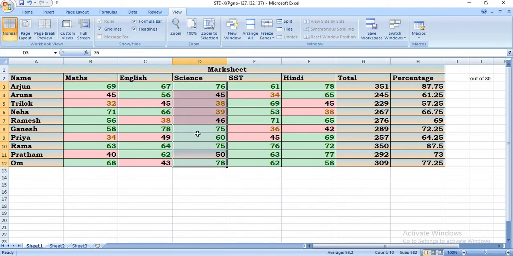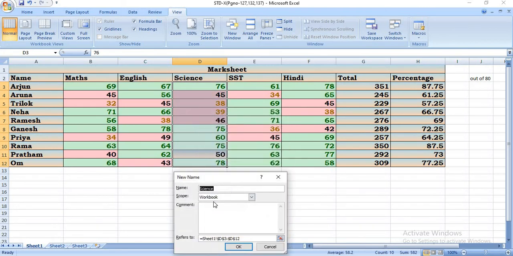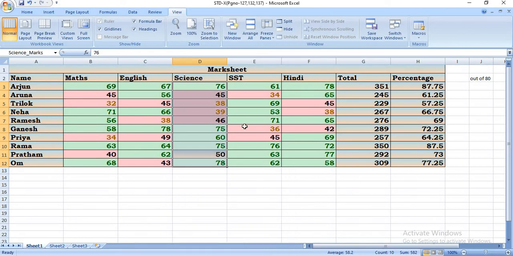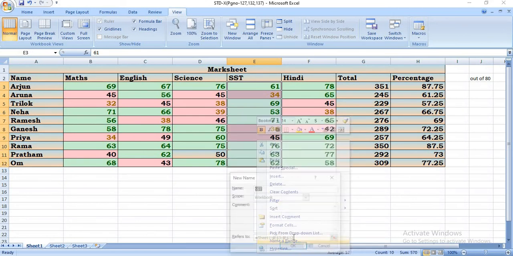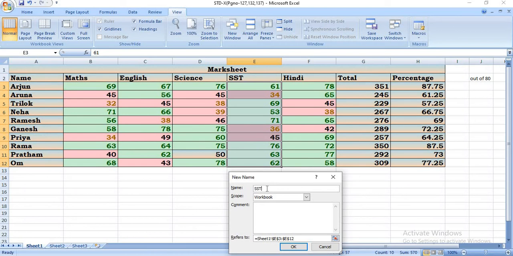Next, science, Science underscore marks. Click on OK. Select the next range, name it SST underscore marks.